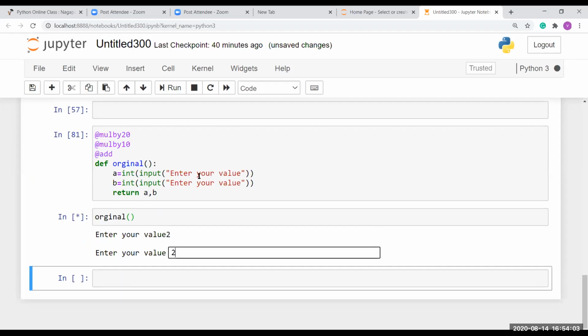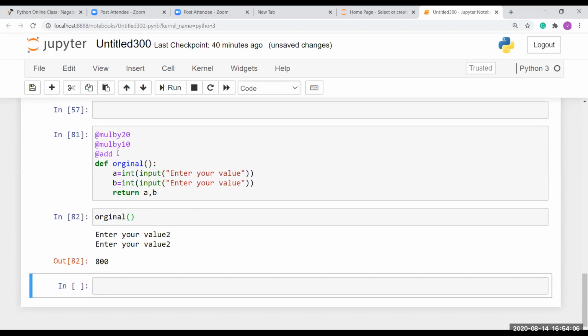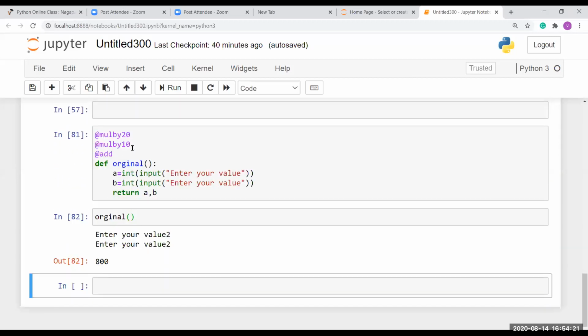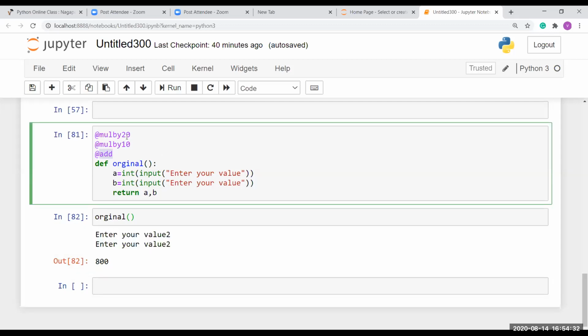So add first adds both values and returns 4. Then the 4 goes into multiple by 10, where 4 into 10 equals 40. Then the 40 goes into the next one and multiplies with 20, and we get 40 into 20 equals 800. Okay, so this is your decorator, and if you are adding one or more decorators, it's overlapping with the existing one.